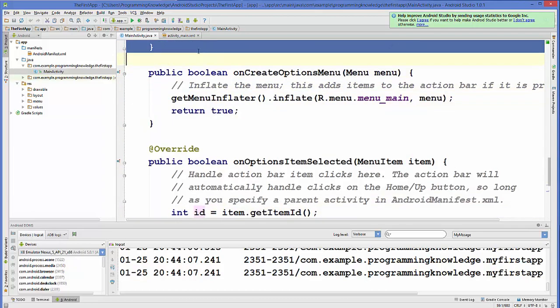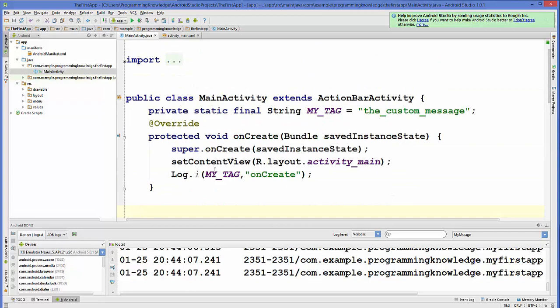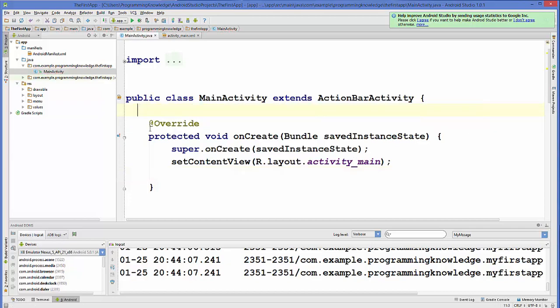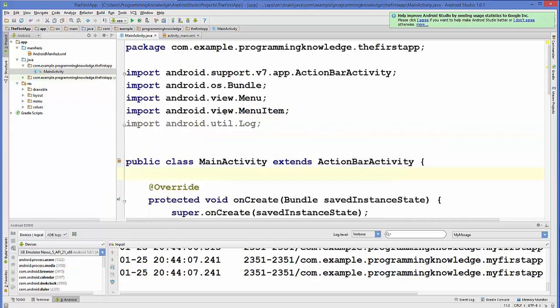Then I will delete up to this destroy, and then delete all the logging messages which we printed last time, and now everything is clear. So this is just basic